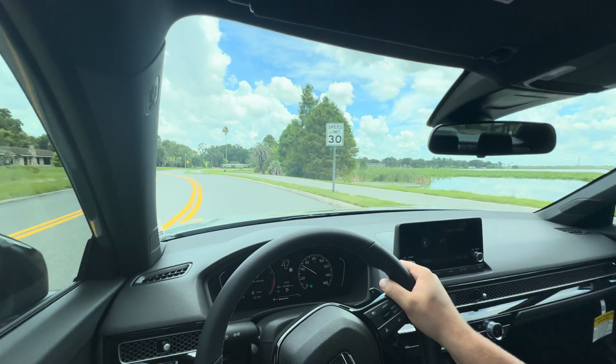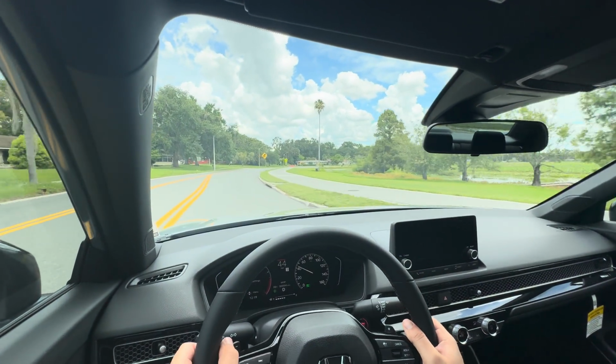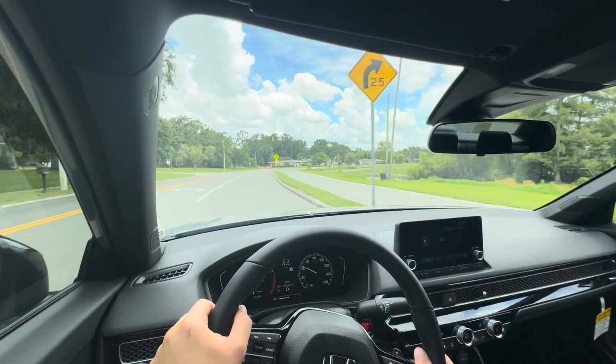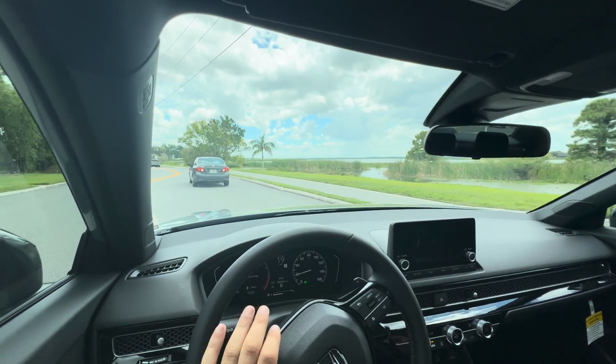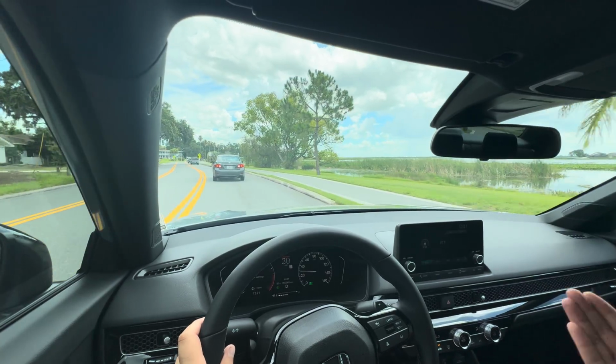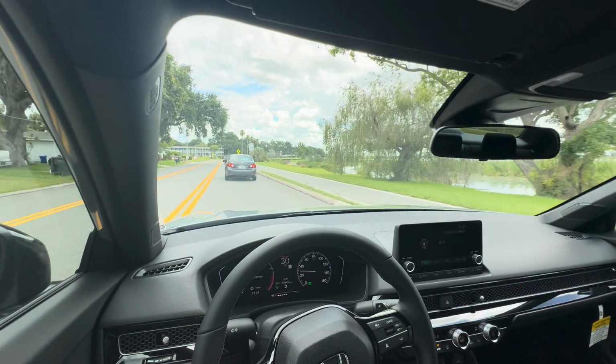Whew. I mean, it's a screamer, but you need to use a lot of throttle pedal to get this thing moving at a quick rate of speed. Taking a step out here. I mean, the throttle pedal feels good, but there's only so much it can do with a 150 horsepower 4-cylinder